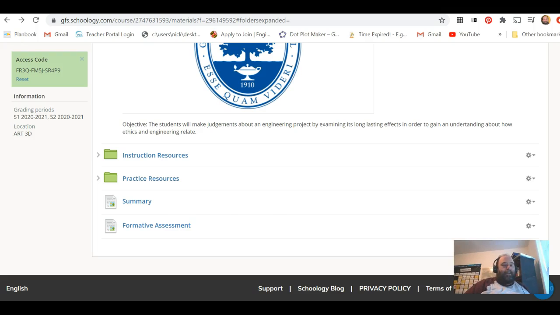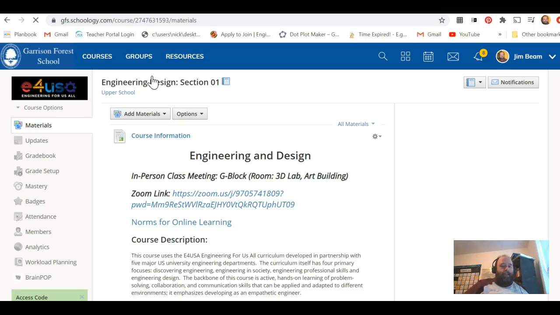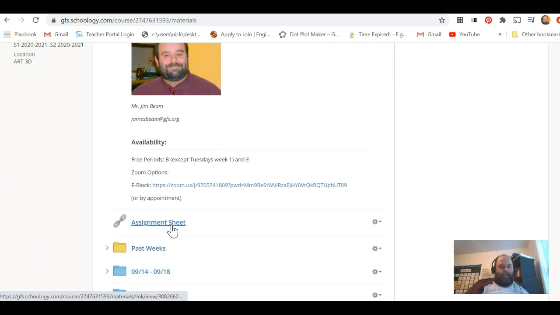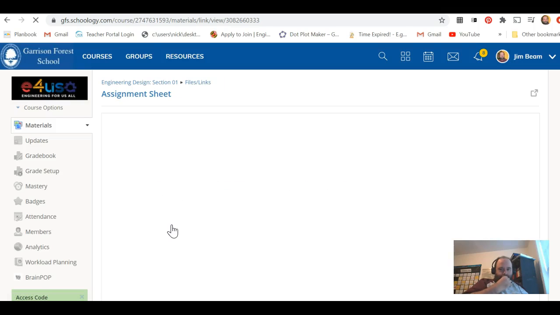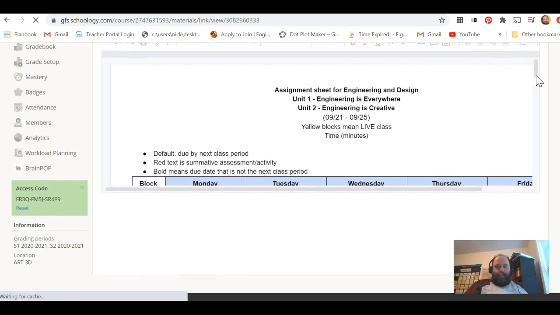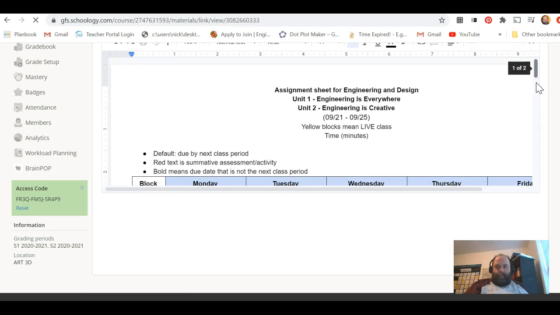There is no formative assessment for the lesson today. However, there is a bit of homework here. So let's go to the main page. Let's look at the assignment sheet for today. Okay, so if I'm looking at today's assignment sheet, and I scroll down a bit here,